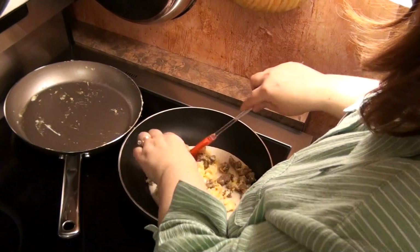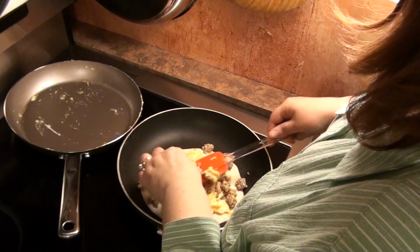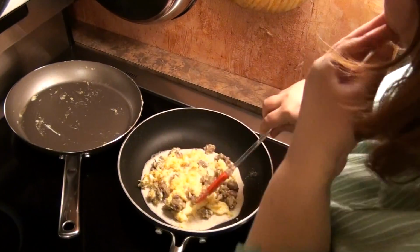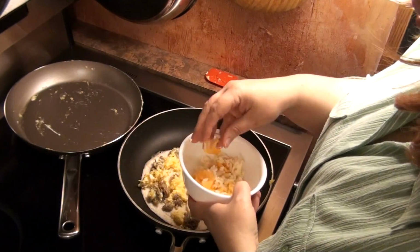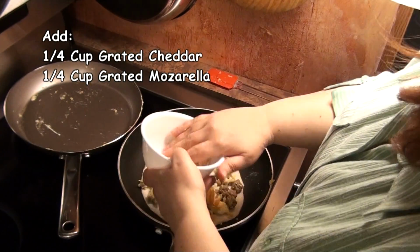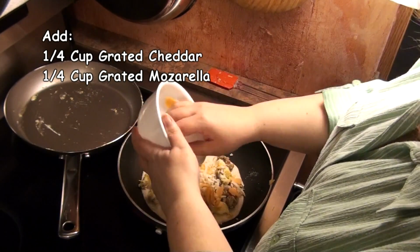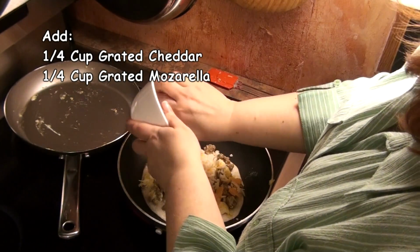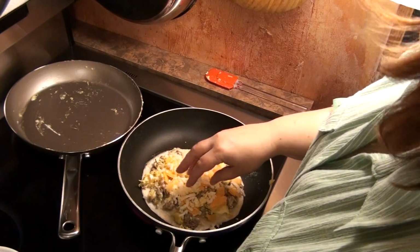Just kind of get everything spread out. A little bit of eggs and sausage everywhere. There we go. That's pretty good. Now, you can use any type of cheese you want. I am using a combination of mozzarella and cheddar. I'll just get that all over the top. There we go. Now that my cheese is back on,